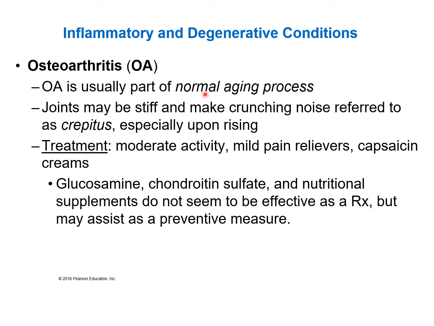Osteoarthritis is actually considered a normal part of aging, because it is normal to experience wear and tear. What's the treatment? Once you have osteoarthritis, you cannot reverse what damage has already been done. What you can do is help prevent it from getting worse. One thing you can do to help with the symptoms is a little bit of activity. Have your joints moving around a little bit, because that increases mobility of fluid to the area to help bring in nutrients and help the integrity of what you do still have in your joints. Mild pain relievers, over the counter,